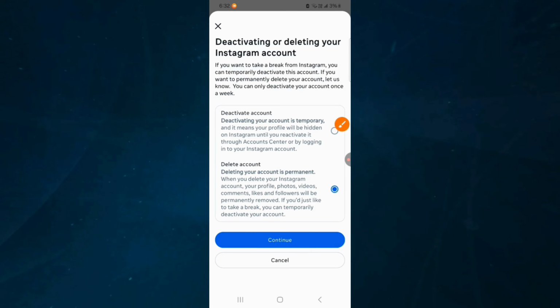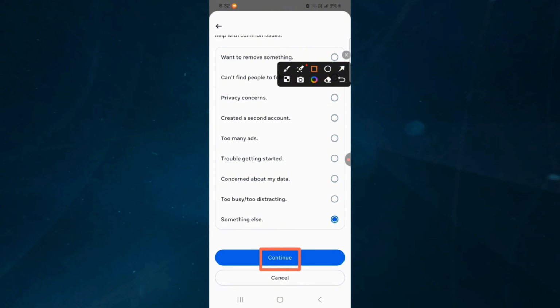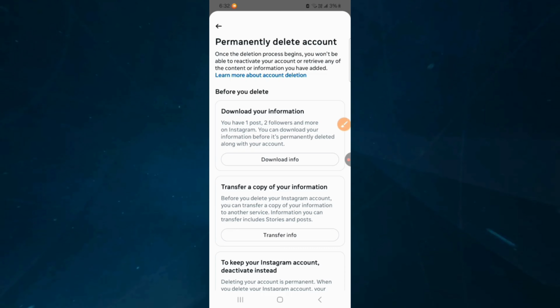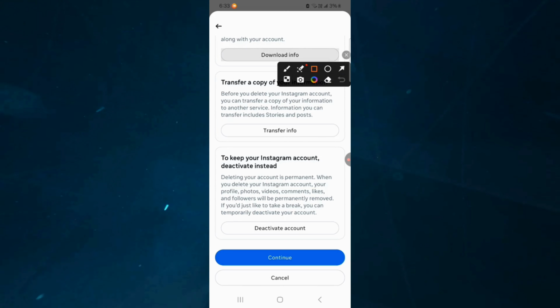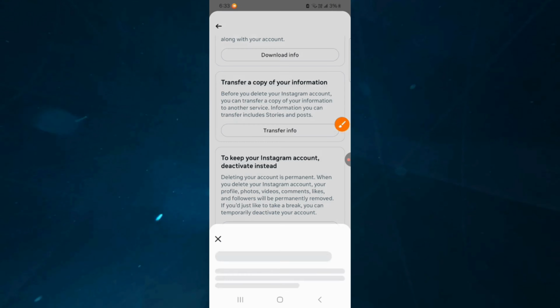Here Instagram wants to know the reason that why you are deleting Instagram account. So select relevant reason, and press Continue. In next step Instagram allows you to download and copy your information, so if you need you can download or copy your information. In my case I don't want to download any information so I will press Continue button, then